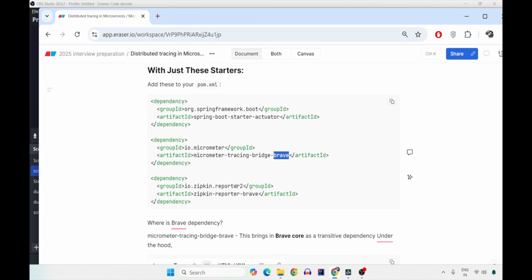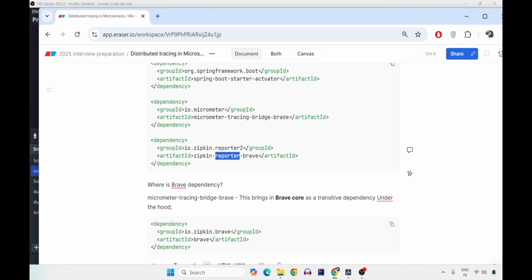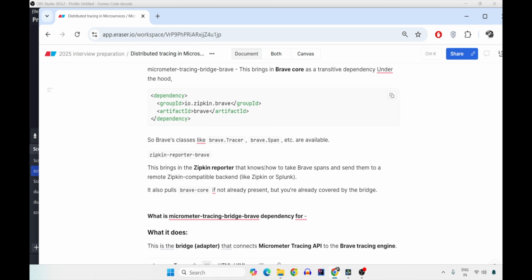Now, what is this reporter or the exporter? We know Brave is the one who creates and manages all the traces. But how do these Brave traces get into Splunk or Zipkin? That is the exporter. This is the dependency that exports all the traces, takes them from Brave, converts them into proper Zipkin JSON, and sends them to Zipkin for better visualization.